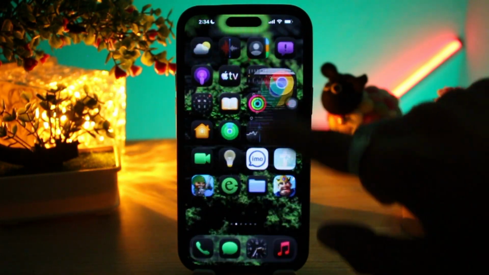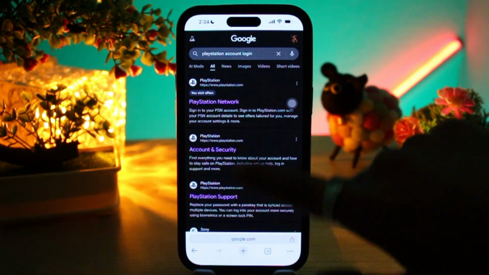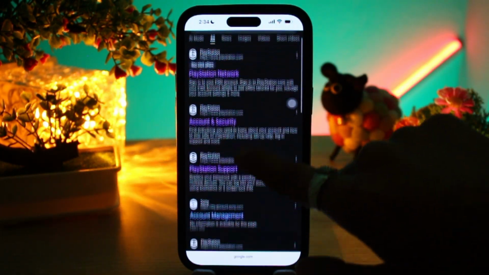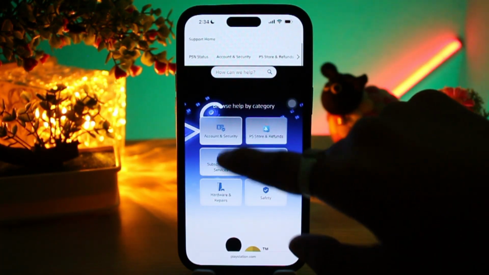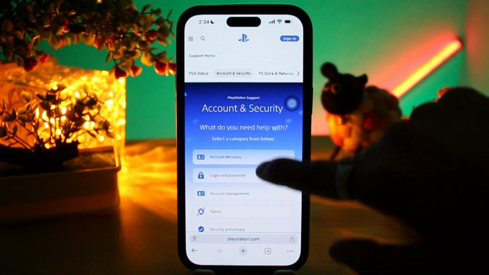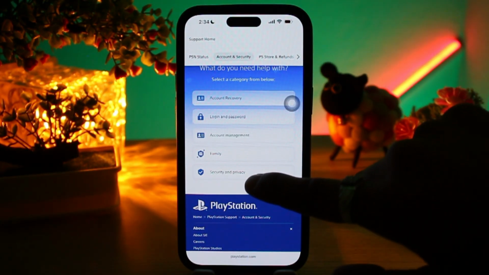So to do it, simply head over and open up your browser. Then on the search bar, type PlayStation account login and look for an option that says PlayStation support. Now inside PlayStation support, select account and security, and here inside account and security, what you need to do is